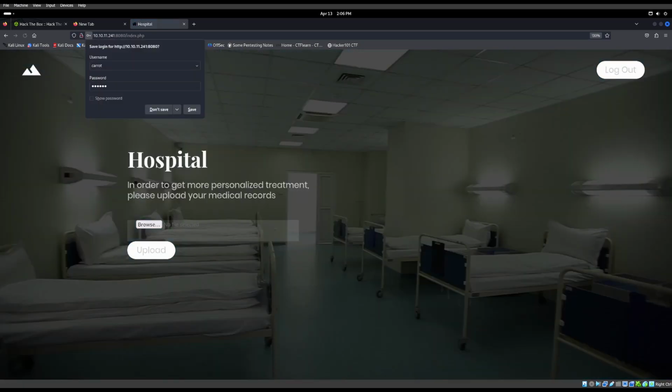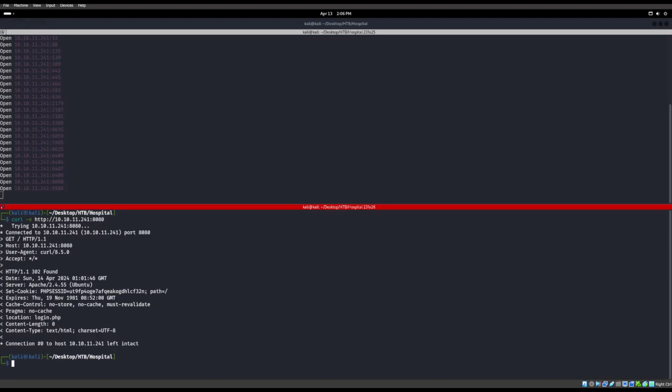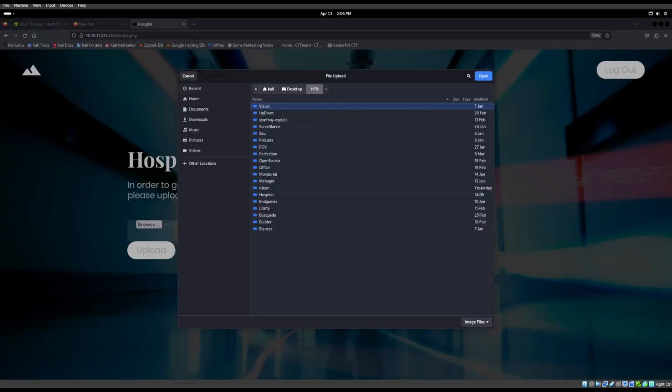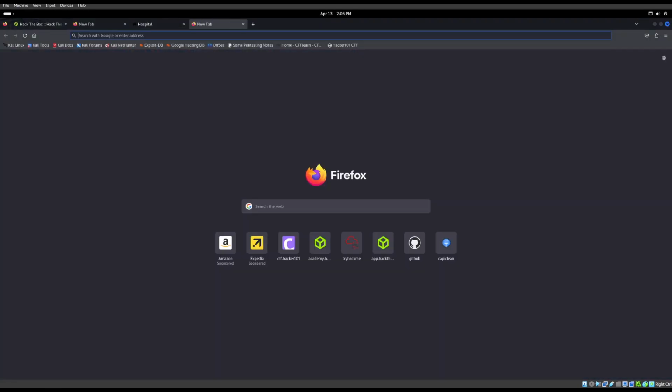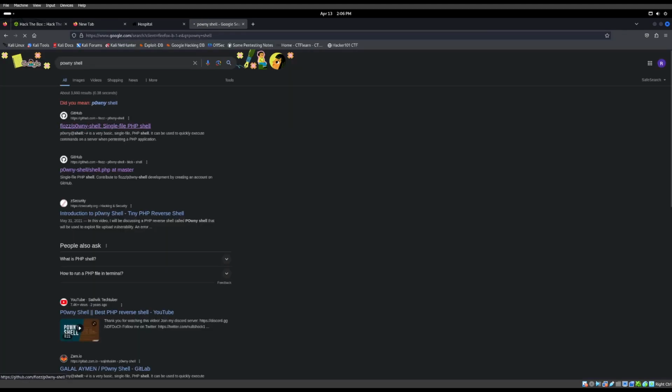Once we log in, we see that we're able to upload a file. When we go to browse for files, it's only wanting certain types of files. But let's try to upload a PHP file. So let's go ahead and locate, I don't even have Pwnyshell on here. We're going to get Pwnyshell on here and we're going to try to use that right there. I don't know why I don't have it, but